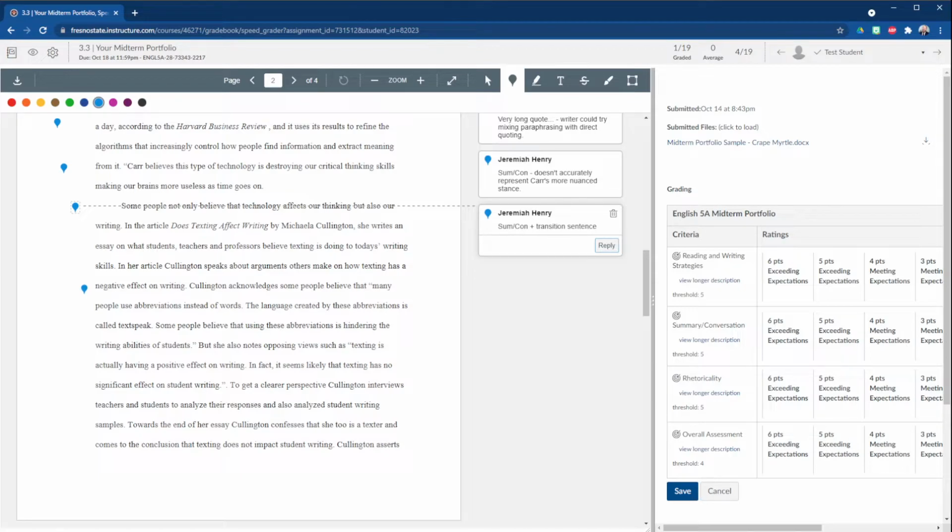"Cullington acknowledges some people believe that, quote, many people use abbreviations instead of words. The language created by these abbreviations is called text speak. Some people believe that using these abbreviations is hindering the writing abilities of students." End quote. I am noticing, though,